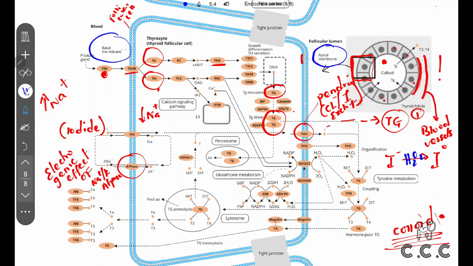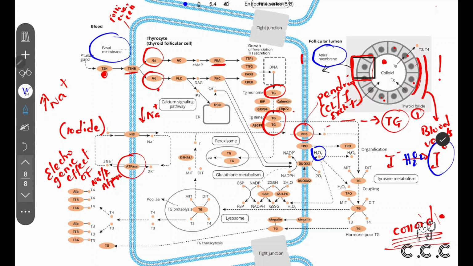Our dual oxidase 2 uses oxygen and forms hydrogen peroxide. Okay, and then when hydrogen peroxide is being formed, our thyroid peroxidase uses it to convert iodide into iodine,